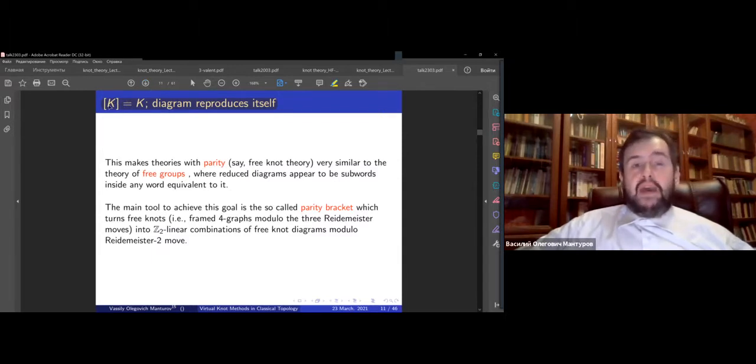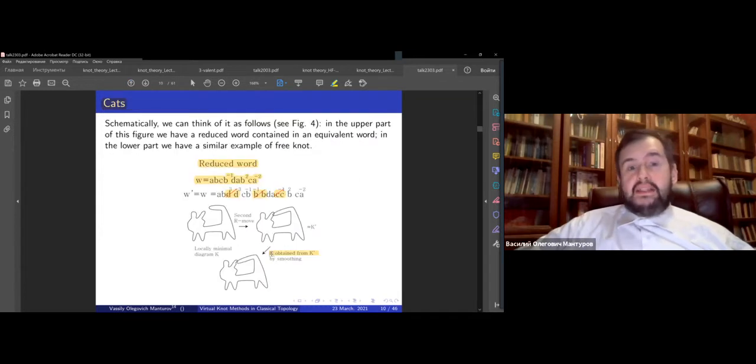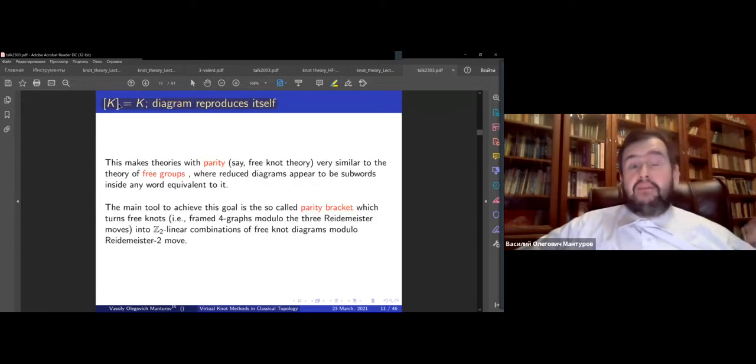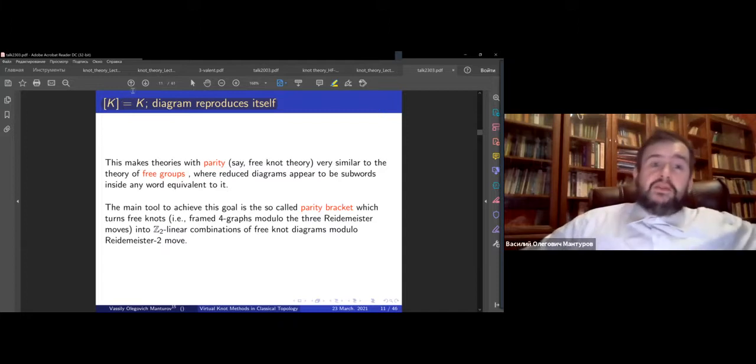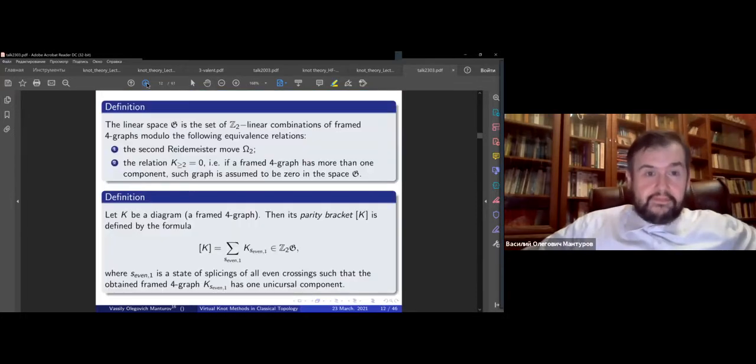This bracket will be somehow similar to the Kauffman bracket in the sense that we are doing some smoothings. But on the other hand, it will have a great distinction: we don't smooth everything. So somehow we will have not numbers, but I'm happy to evaluate pictures in pictures. And here is the formal definition of the bracket. So I want to deal with Frankfurt graphs themselves.